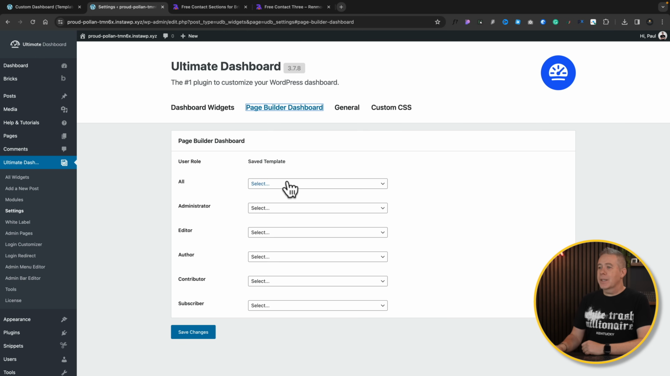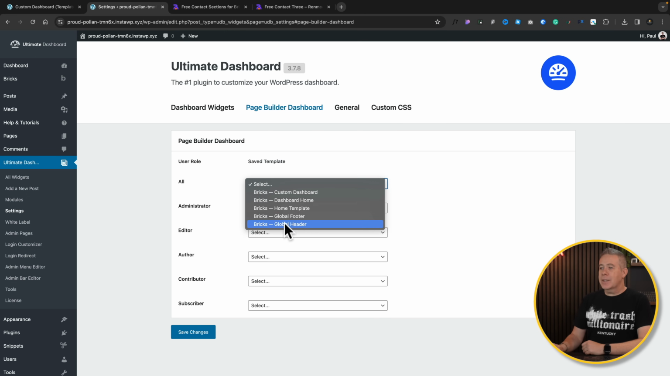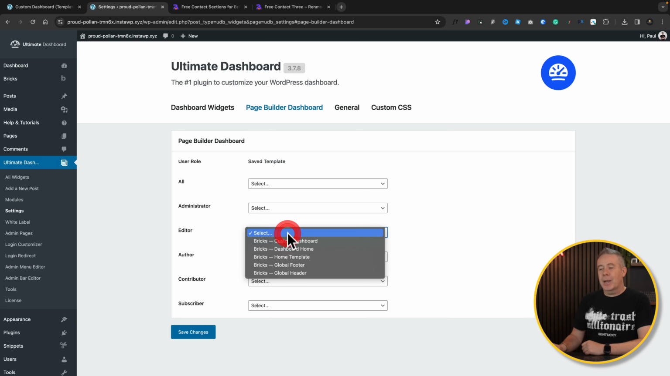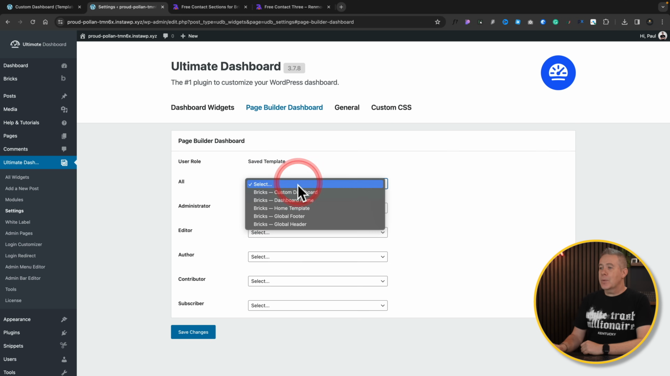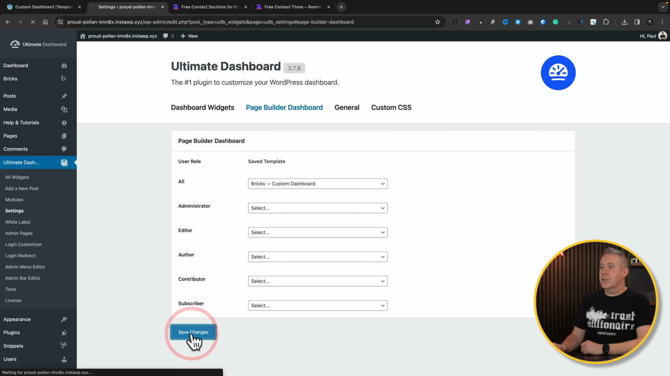So for example, we can set this up to be all, and you can see there's all our Bricks templates. There's our custom dashboard that we just created, but you may only want that to apply to an editor. Well, you can just set it up for the editor. And the same thing goes for your author, subscriber, and so on. So you can create totally custom ones for whatever user level logs in. We're going to set the same one for everybody though. Set the custom dashboard, hit save our changes,